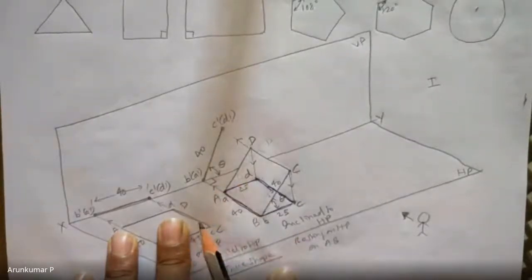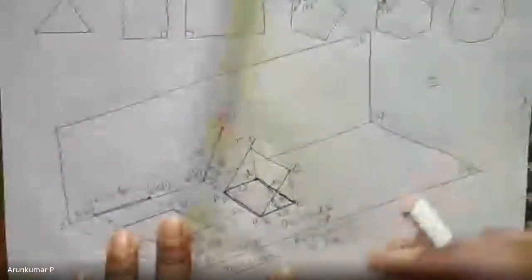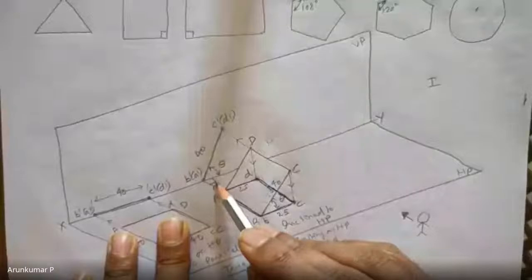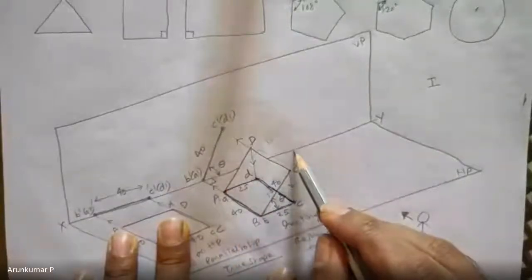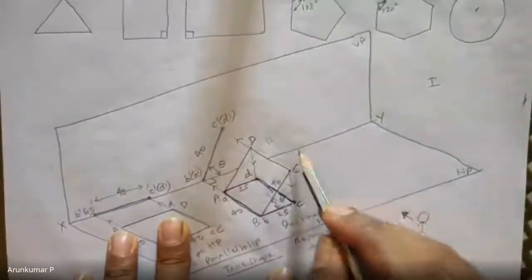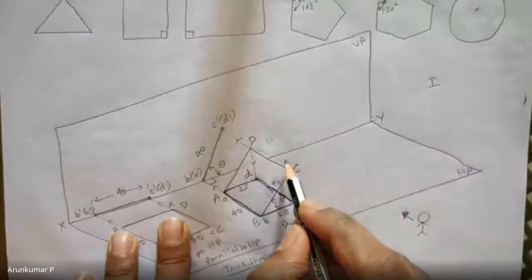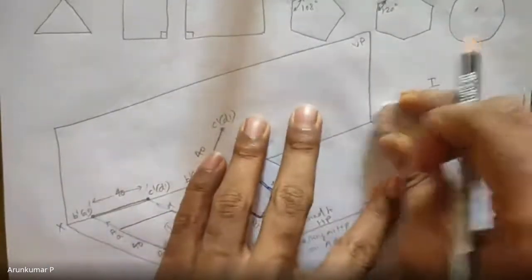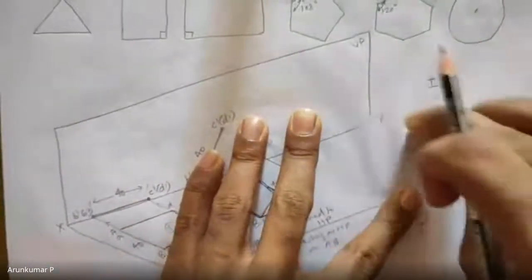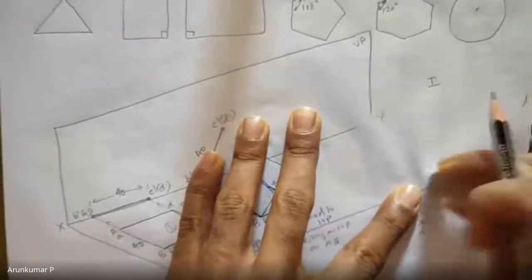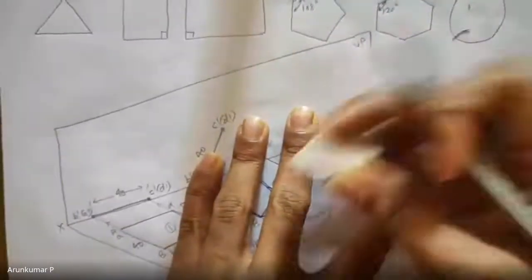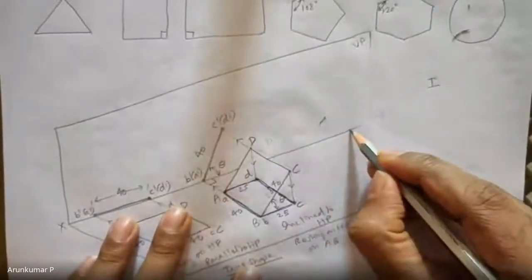Okay. Now it is not necessary that always it is perpendicular. Maybe in the second step it is perpendicular. It is possible, maybe in the third step, that this AB is not perpendicular to VP. It may become at some angle to VP. I'll show you how. See, it could be inclined like this. For that, I'll have to maybe extend this.